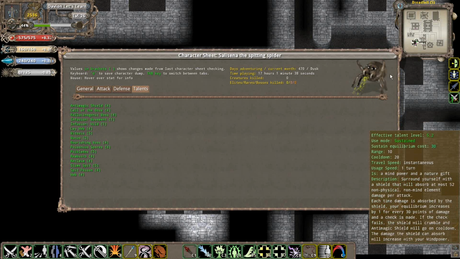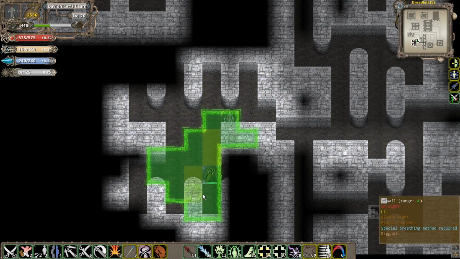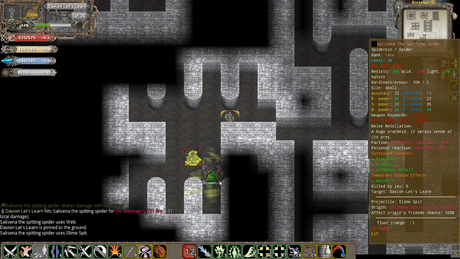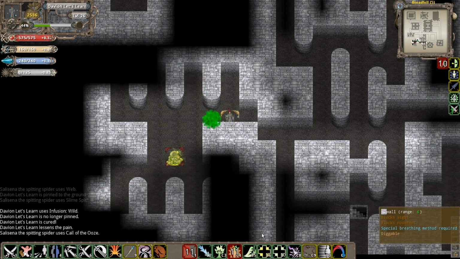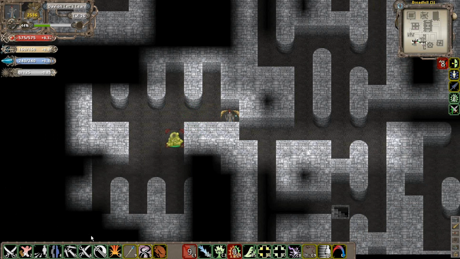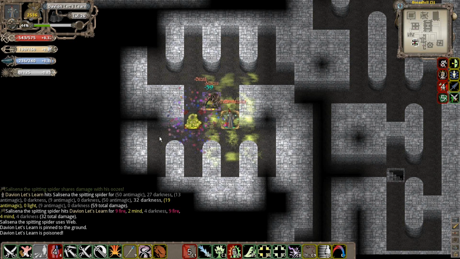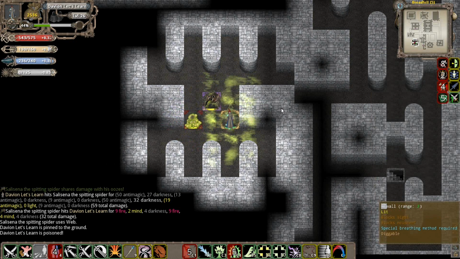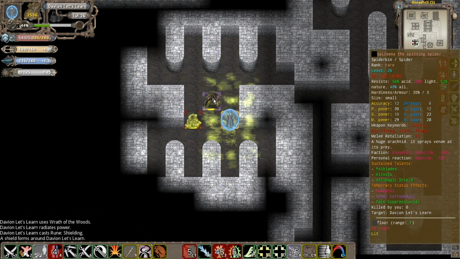So this guy, he's like the anti-magic spellcaster. First things first, I'm going to burn him. There's his thing right there. He's firing slime spit at me, so we're just going to do this. Back up. Use Call of the Ooze, so he's got more oozes. We're just going to wait for him to get closer. There he is. As you'll see, he's still very healthy. Shadow Step him. I actually got pinned by this, so that's a bit of an issue, but we're just going to